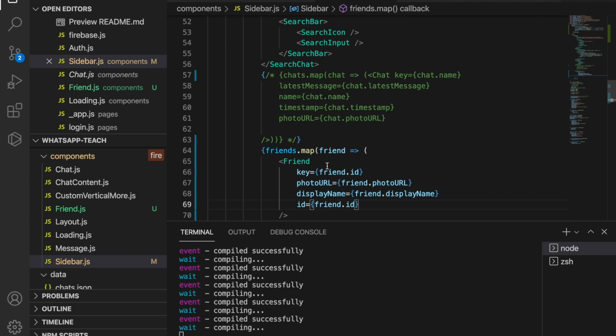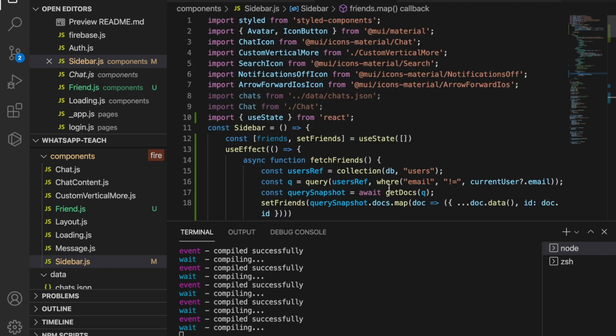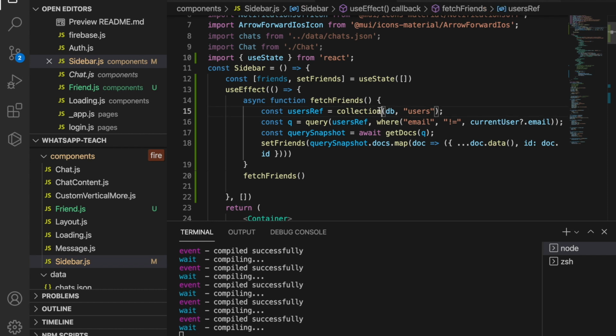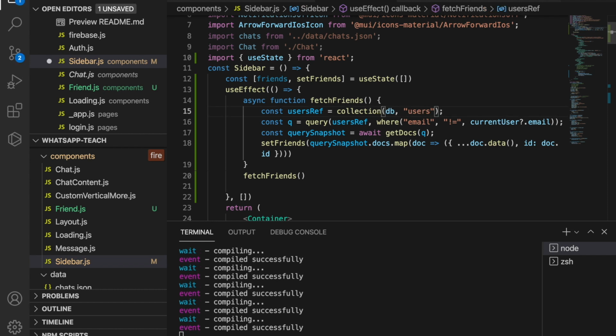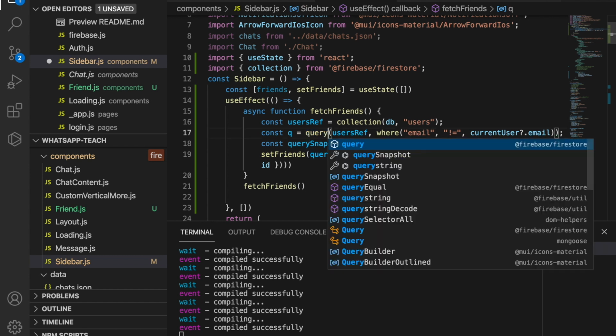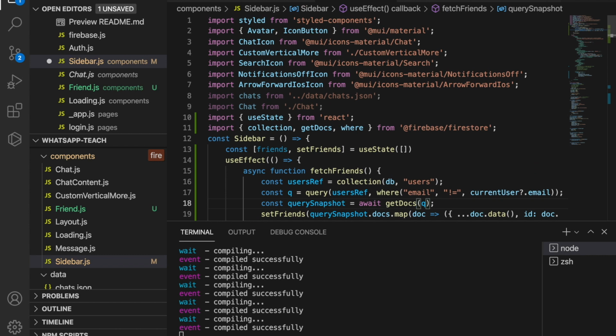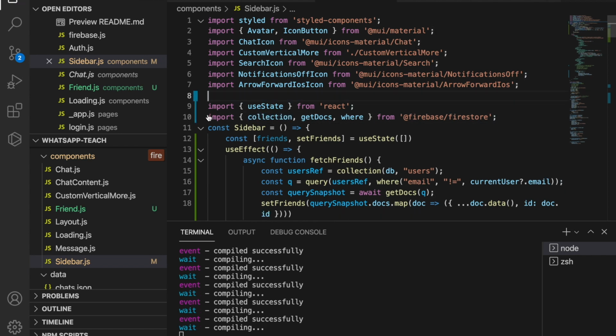Now we all have the things here, and we have to import the Firestore functions. So for example, we haven't imported the collection, and we have to add the query and also the where and getDocs. And now you can see we already imported here, and we can delete this unused thing. So we save it